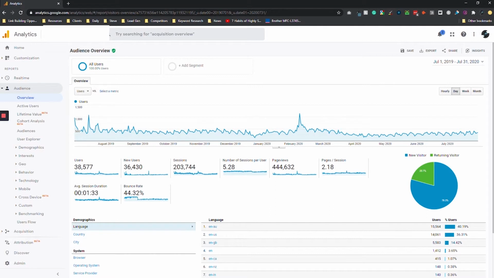Today we're going to be talking about how you can use Google Analytics to find demographic data and interests to build a better target audience and better avatars as well. So target audiences are really important when building out a marketing campaign, and a lot of people that I talk to get a little bit